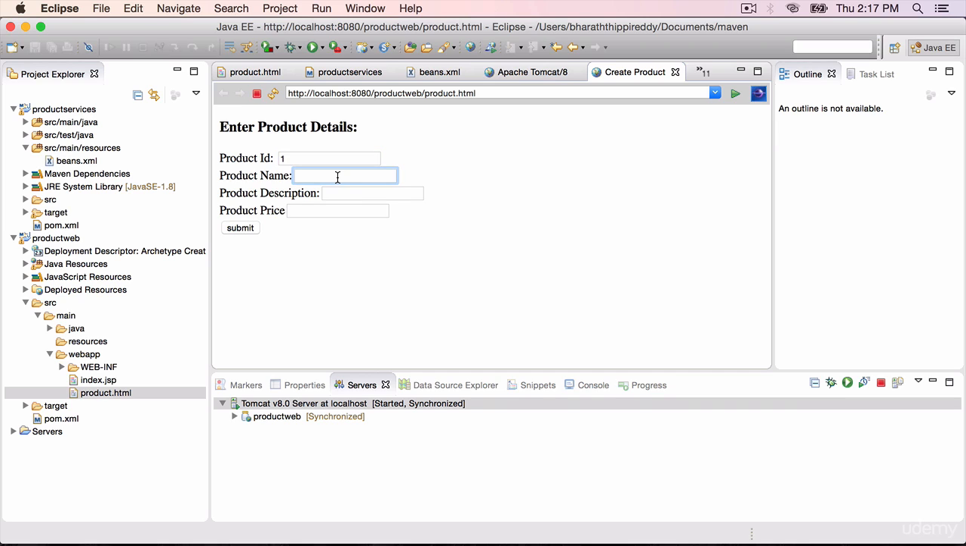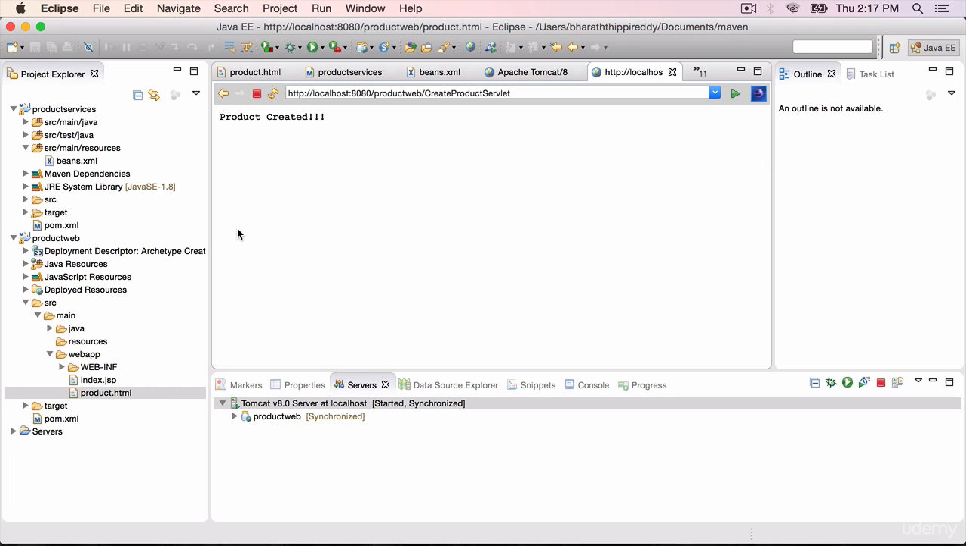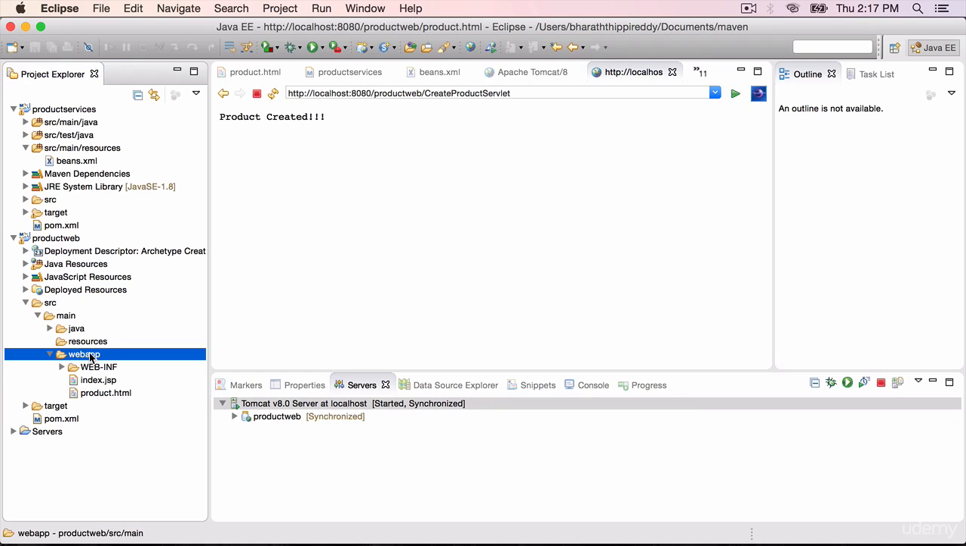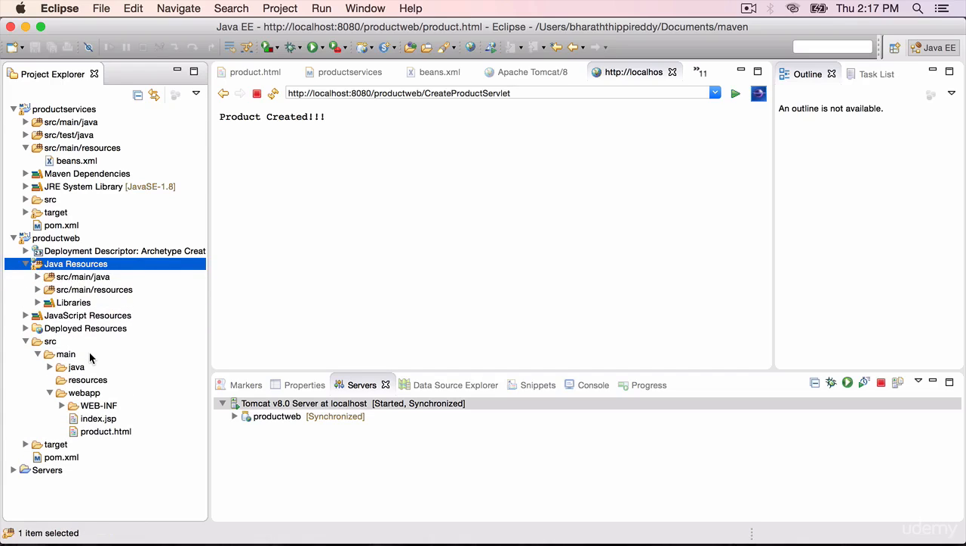Product ID is 1. Name is laptop, description is awesome, and price went down. Now it's $900. Submit, and it says product created. So it went all the way to our servlet. The flow here, if you open the Java resources,